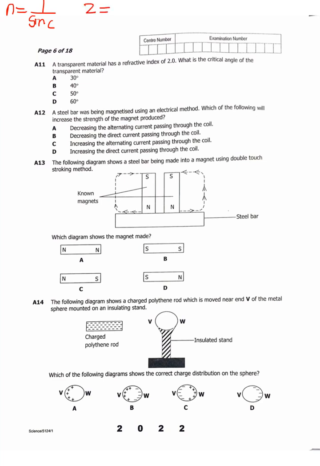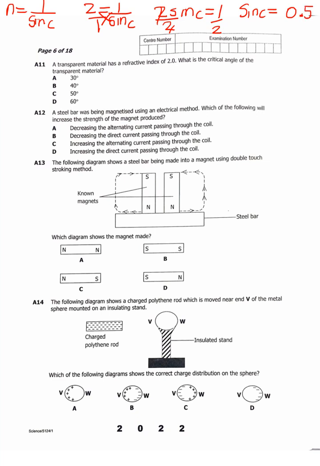So 2 is equal to 1 over sin C, over 1. We cross multiply. So 2 times sin C is 2 sin C, 1 times 1 is 1. If we divide by 2 here and also 2 here, then sin C is equal to 1 over 2,